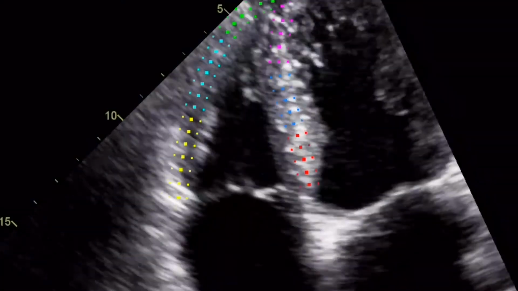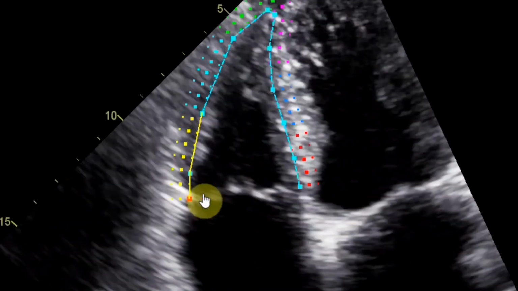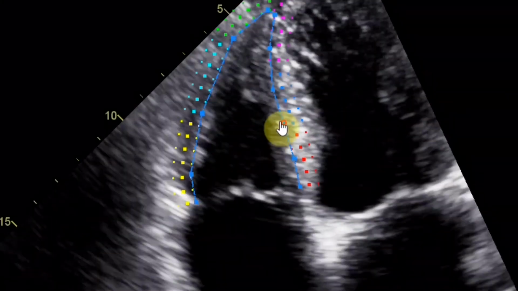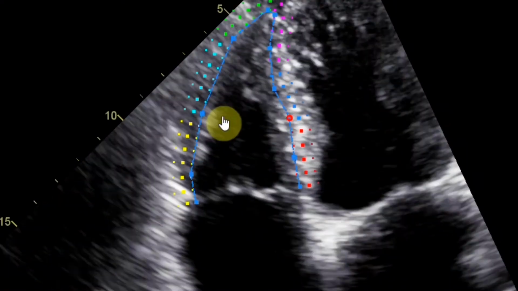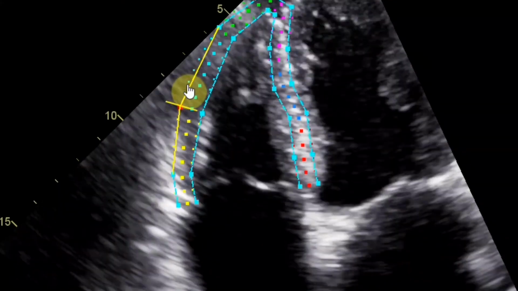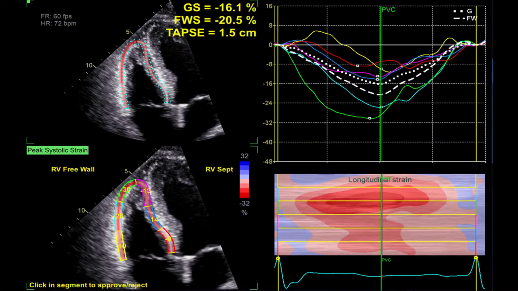AFI RV offers renowned Vivid AFI user interface and workflow to allow current and new users easy adoption, providing a seamless workflow for fast and reproducible results. Once processing is complete, AFI RV provides a set of comprehensive results to evaluate and quantify the RV systolic function